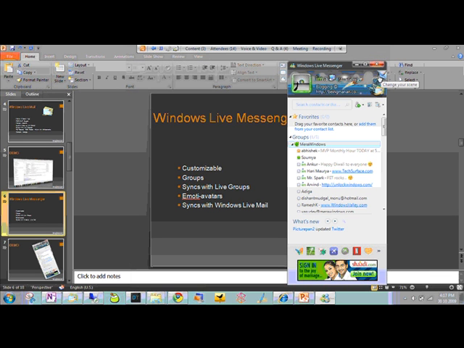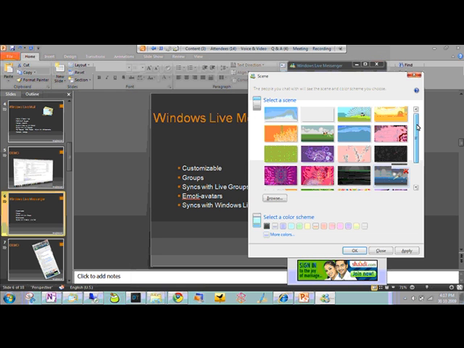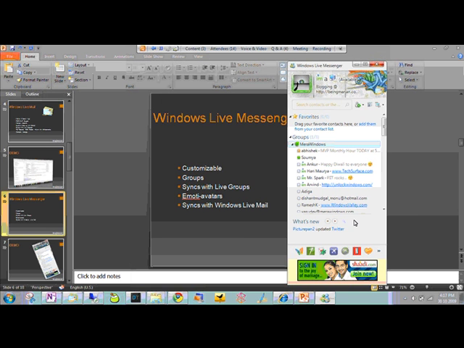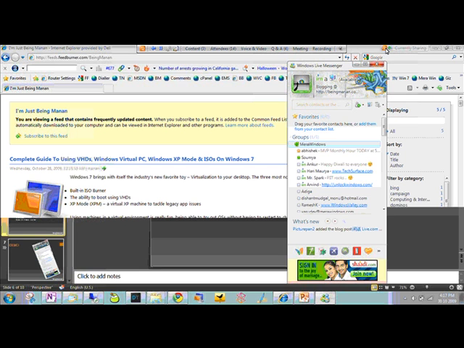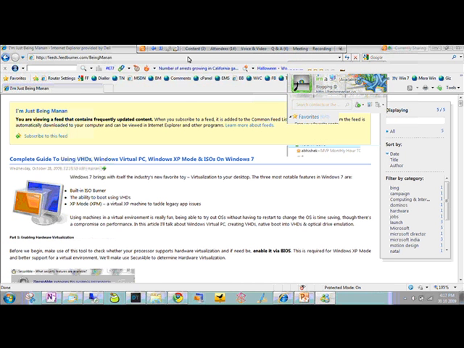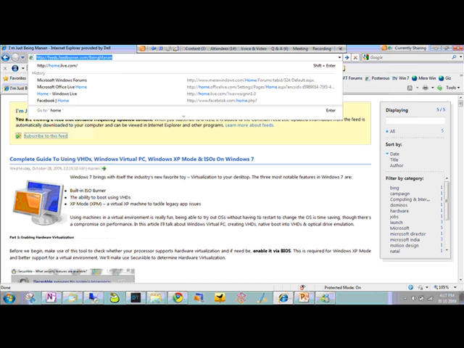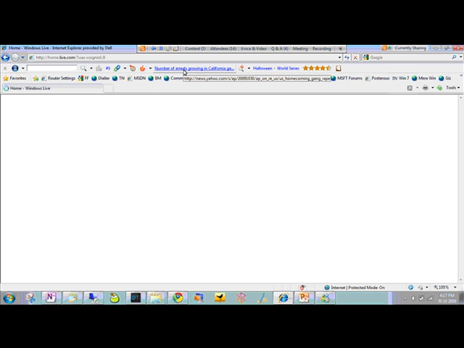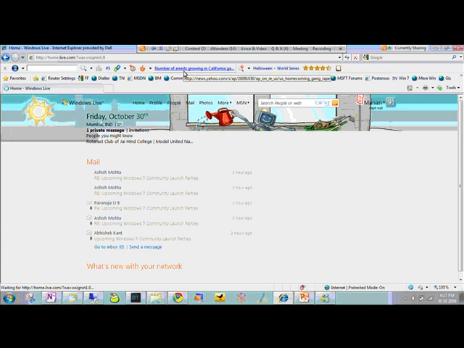Plus, there are customization options, such as this little screen that you can customize to whatever you feel. There are some preset customization options, and these are similar to the ones that you get on home.live.com. So just let me show you. If you were to go to home.live.com, you can see that